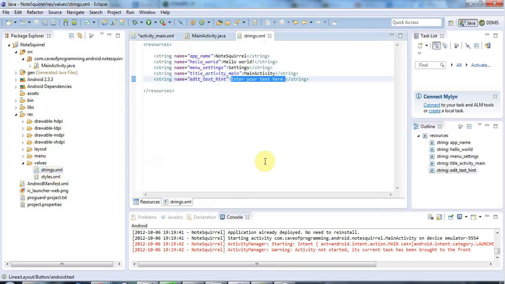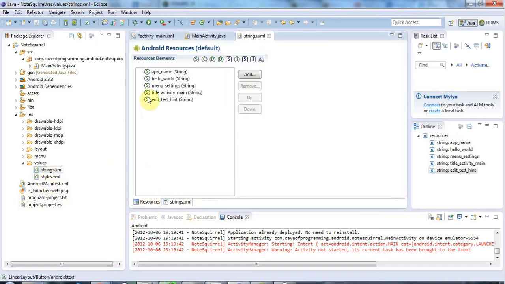If you want to do it by hand, the easiest way is, well, you could just copy one of these and change it appropriately. But if you click on strings.xml and go to the resources tab here, you've got a little user interface to that XML file that lets you edit it with this editor, and I can just click